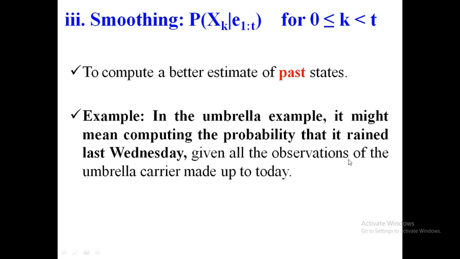So he is saying that whenever there is an umbrella probability, it is rain. He wants to verify whether rain will be there or not based upon observations made from Monday to last Wednesday. Of course, if raining happened from Monday to Wednesday, automatically there is a possibility of Thursday also. That is what you want to say.